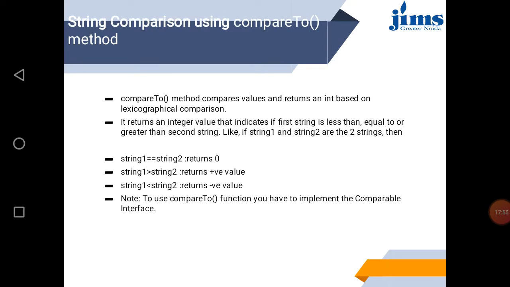If we say equality, 0 means both are equal. If string 1 is greater than string 2, we get a positive value. If string 1 is less than string 2, we get a negative value. The compareTo method is used to implement comparison.